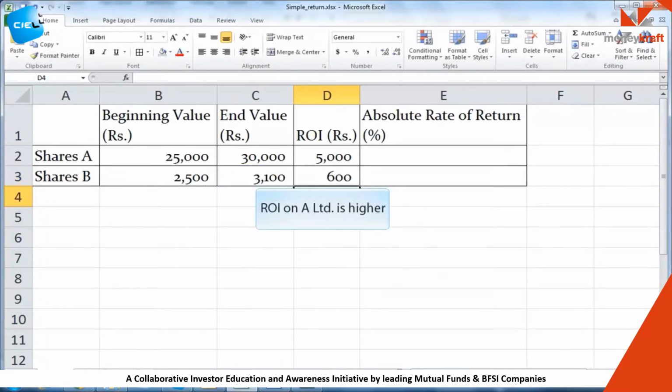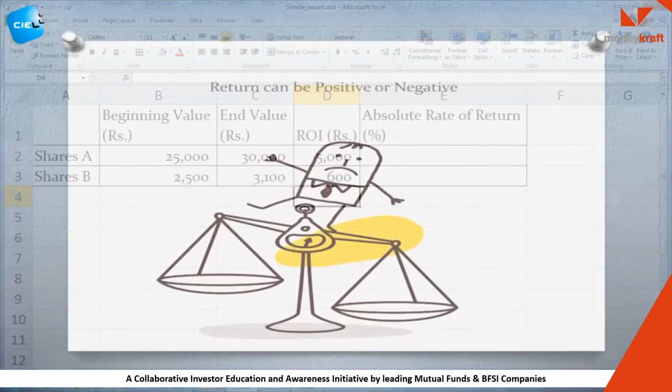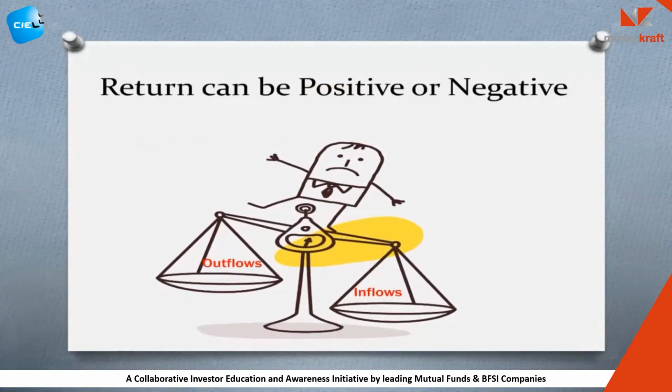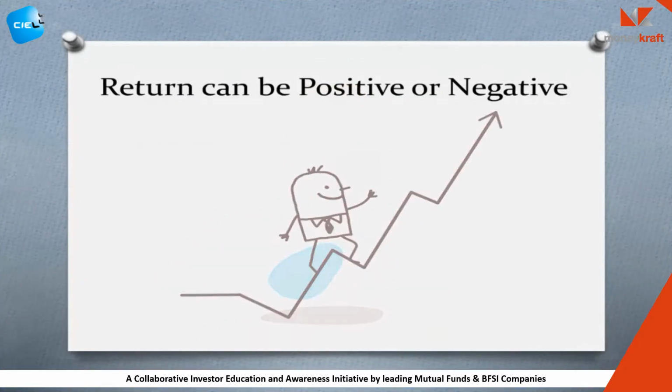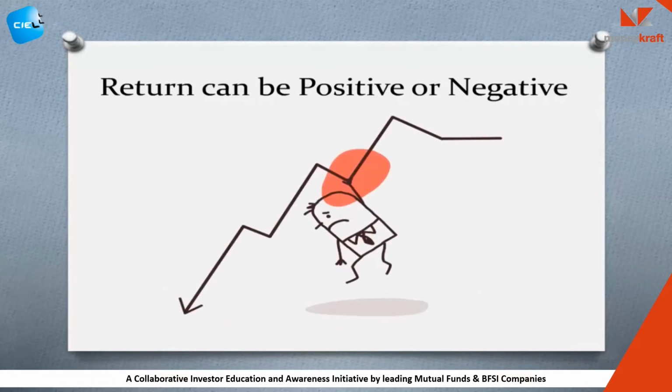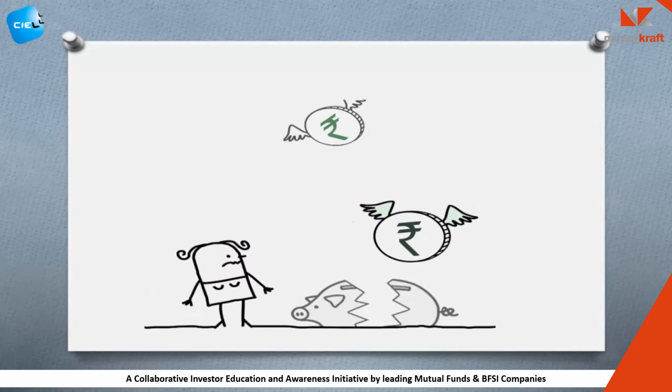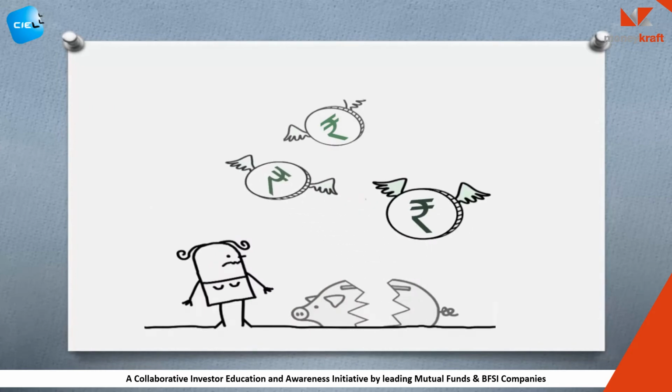In rupee terms, it appears that investment in A Limited has generated a higher return than investment in B Limited. Returns can be positive or negative. Positive return means a profit, whereas negative return implies a loss. When investments with different outflows are compared, one has to compare the amount of return relative to the initial investment,